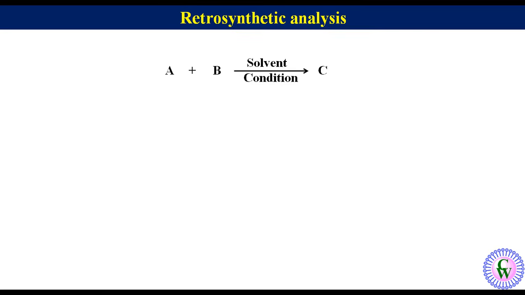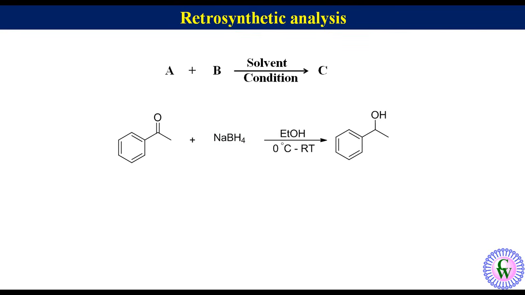For example, suppose someone asks you to predict the structure of product when acetophenone is allowed to react with sodium borohydride in ethanol at 0 degrees centigrade to RT. Here, we know that sodium borohydride is a reducing agent that will reduce keto group to alcohol. So, we reduce the keto group of acetophenone to alcohol to get the structure of the product, which is 1-phenyl